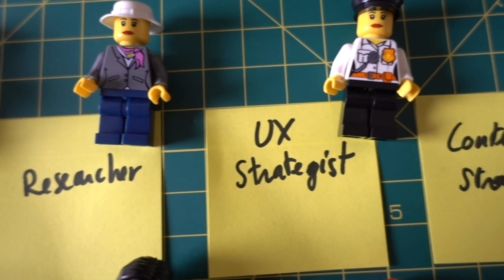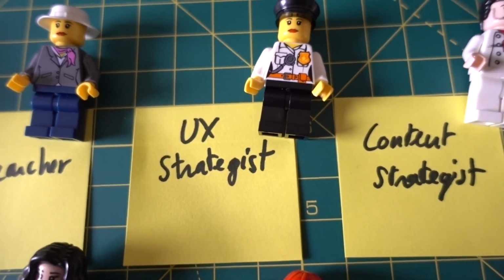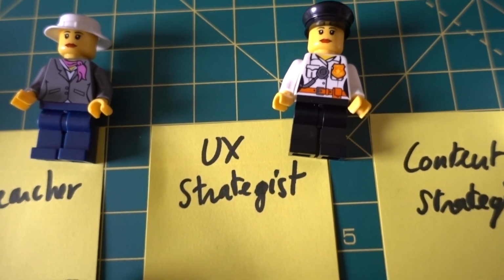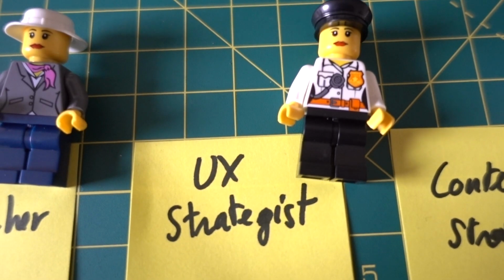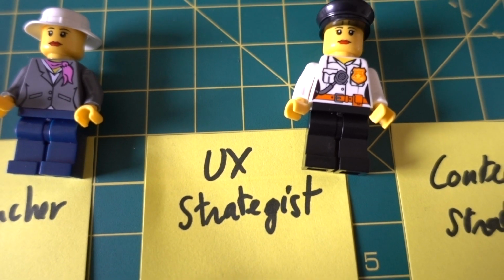Next, we have UX Strategist. It's been on the market for quite a while, but only recently picked up speed, and we see more demand for it. Strategists are usually an advocate for business. Sometimes this role is taken by business analysts unofficially, but it really depends on what organization you're a part of. For example, these folks tend to dive into value innovation, research, and how a business can outperform its competition using